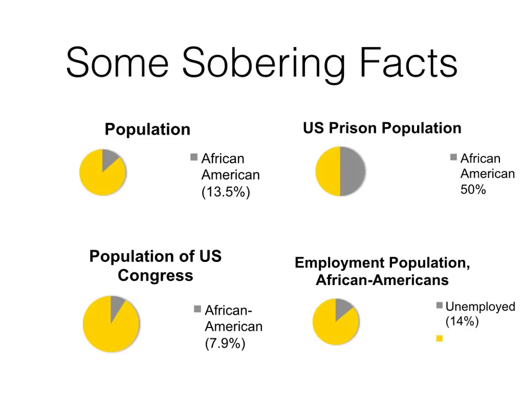So half of the prison population in the United States is comprised of black Americans, even though black Americans make up 13.5% of the population. 8% of Congress is black, even though they make up 14% of the population. And twice as many black Americans are unemployed as Americans are generally for the national statistical averages. This combination of unemployment, prison problems, representation problems, economic problems show that African Americans still face a lot of challenges to make up